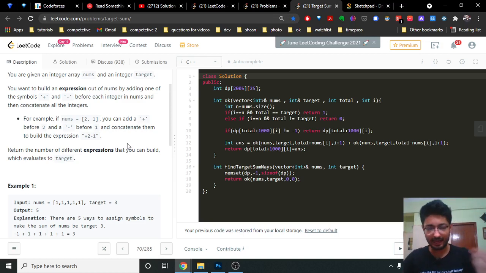Now, as you can easily understand, this is some sort of a DP problem because the states can repeat. Now, how to understand what the states are, how to add different positive and negative numbers, and how to find the answer? See, there are two things you have to understand.